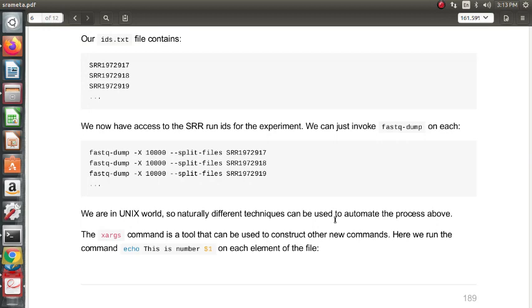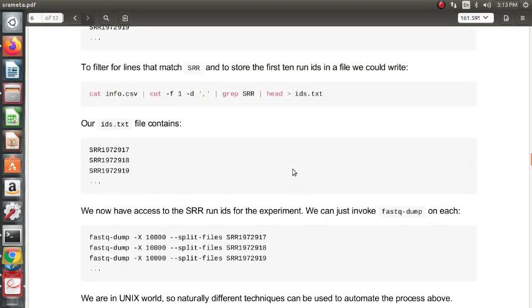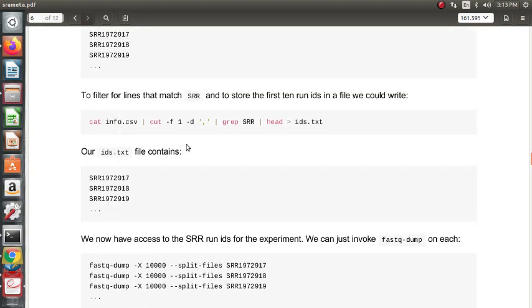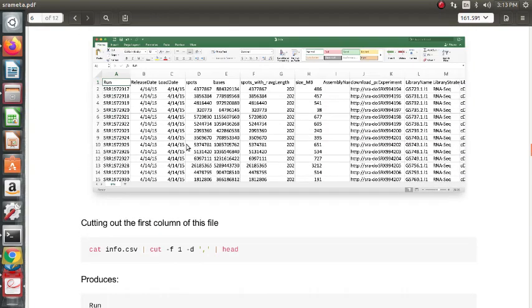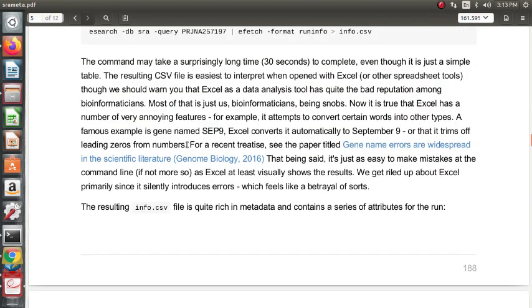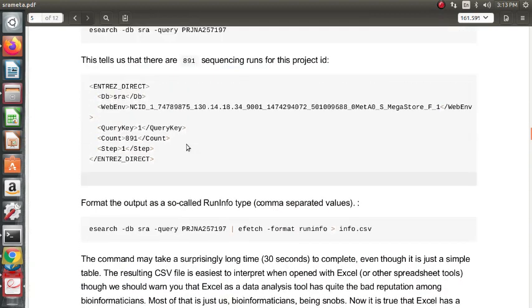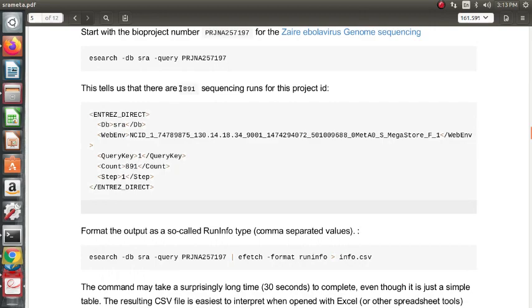We can go on doing fastq-dump for each of the SRR run IDs in a recursive fashion. How many FASTQ files will this give us? If, for example, we have a count of 891, what is 891? It's 891 sequencing runs.